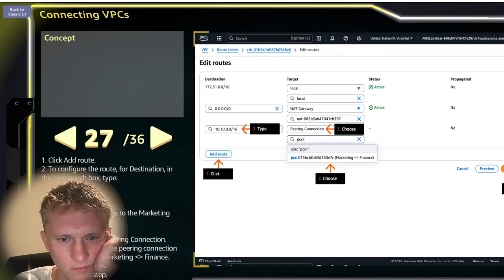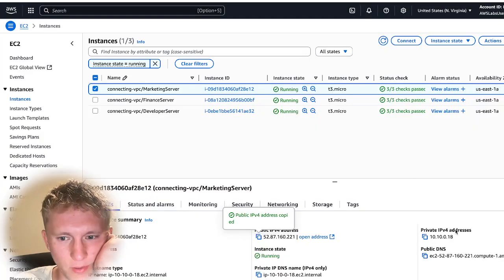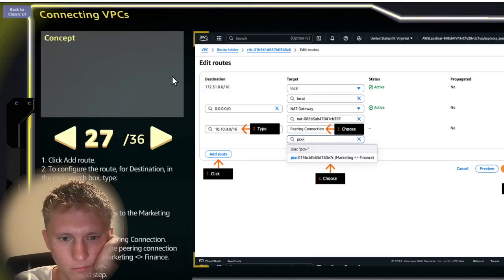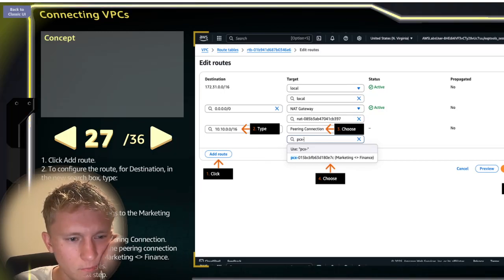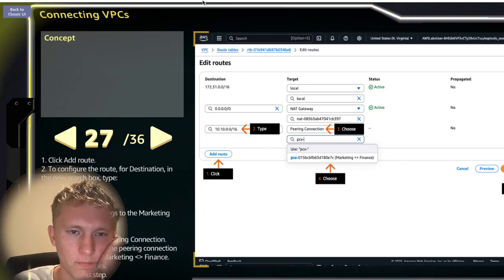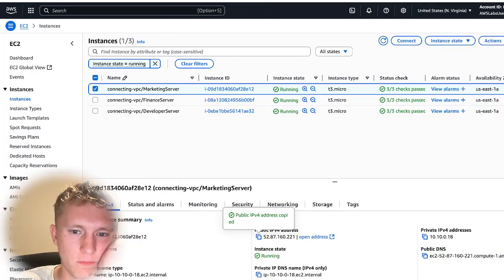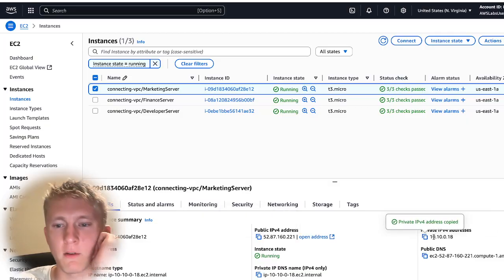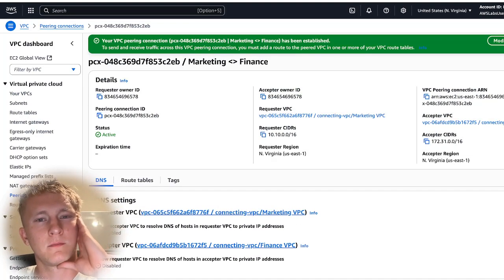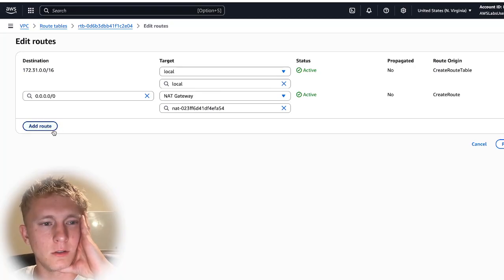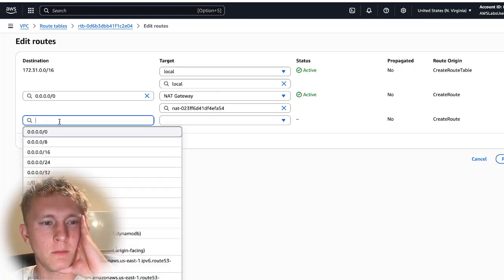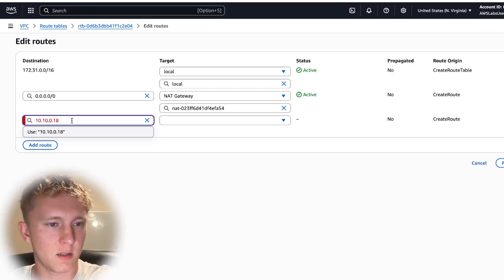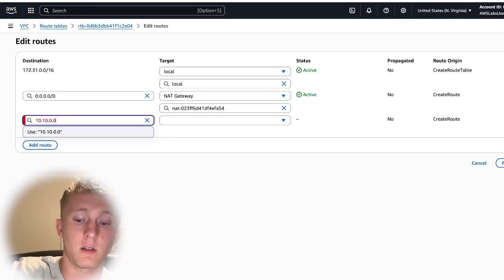16? Why does that say 16, but then this says .18? Why? Oh, I'm mistaken. That's the /16. Okay, so we're going to be using the private IPv4 address. Add a route, and we're gonna paste this, and instead of .18, we're gonna go